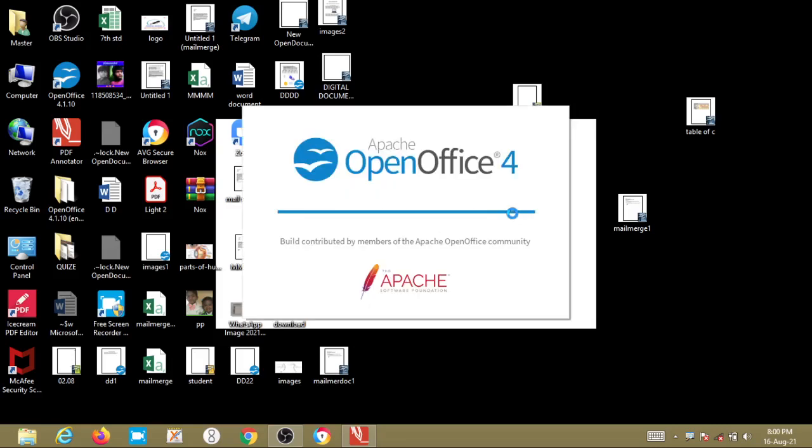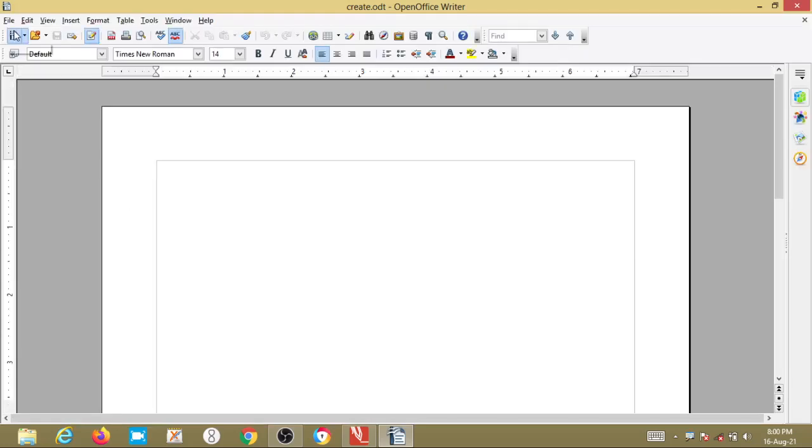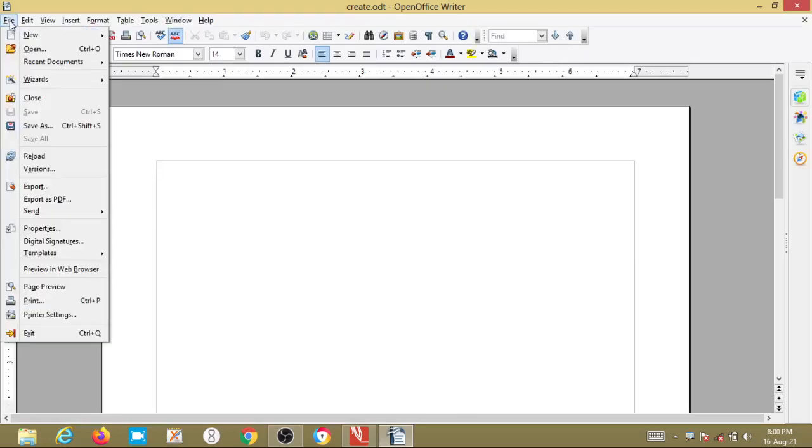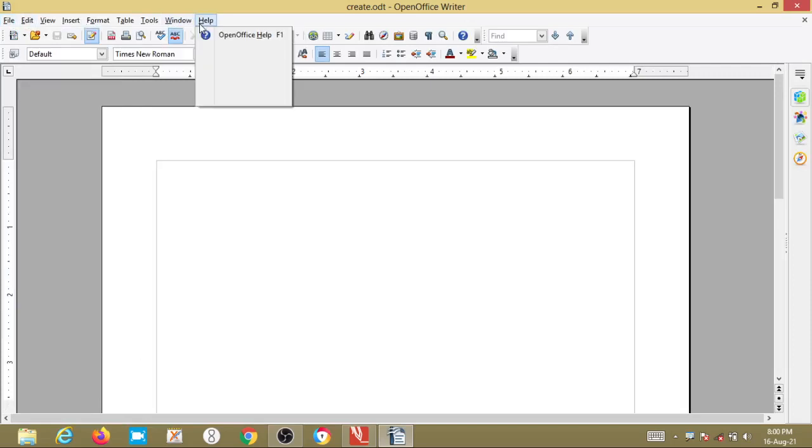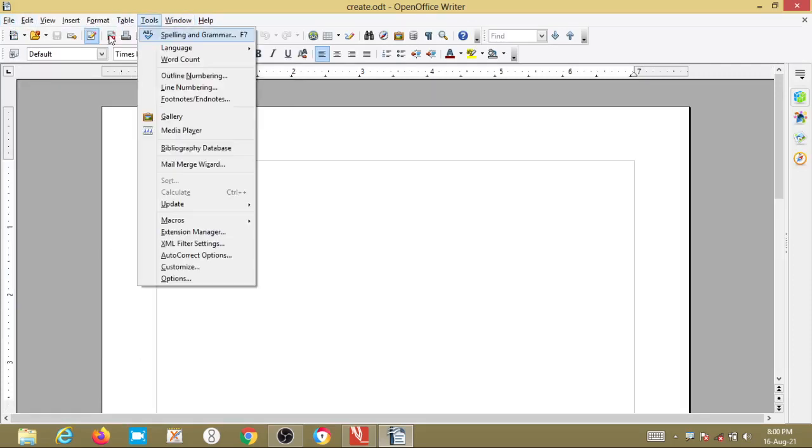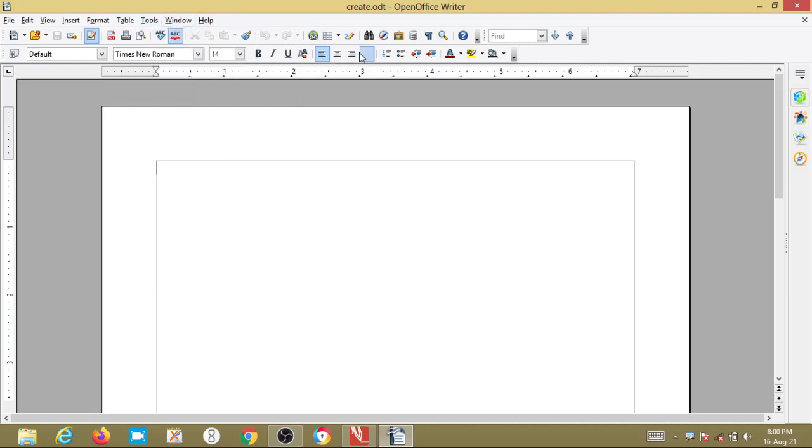In that there are certain options which we are going to perform. First, see the options in the file menu. This is the title bar, this is the menu bar, this is the standard toolbar, and below the standard toolbar there is a format toolbar.